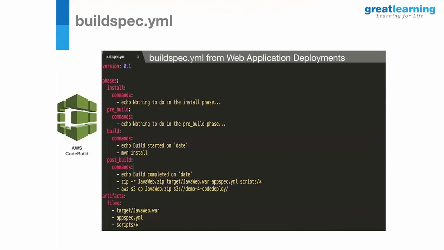And the build is where the actual build runs, and then the post-build. Here you can create a package, a zip file, tar.gz file, whatever you want to create, and you can push the images to your Docker container or the ECR. You might even want to send a build notification using SNS, or put something manually to S3. All that can be done. Whatever you want to do with your post-build actions can all be done here.